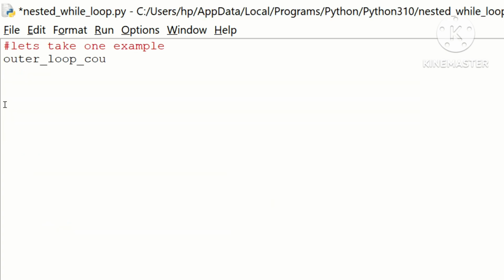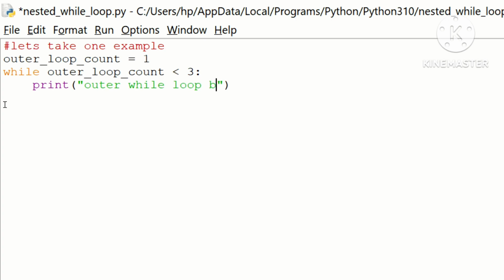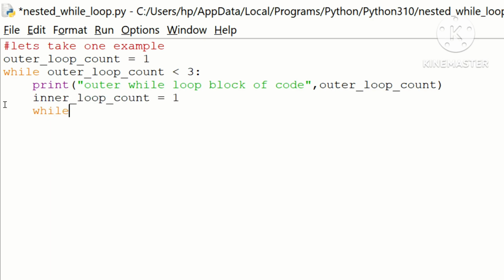Outer loop count equal to 1, while space, outer loop count less than 3 colon, press enter, it automatically takes indentation, print off within double quotes, outer loop block of code, comma, outer loop count, press enter, inner loop count equal to 1, while space, inner loop count less than 3 colon, press enter, it automatically takes indentation, print off